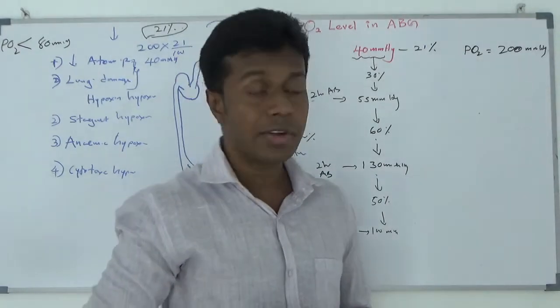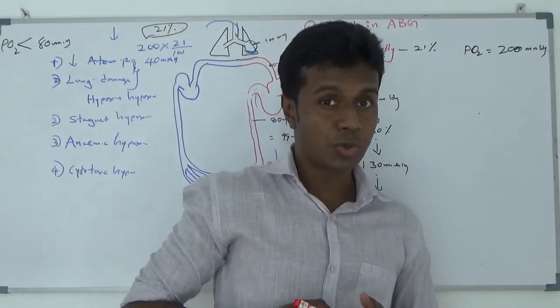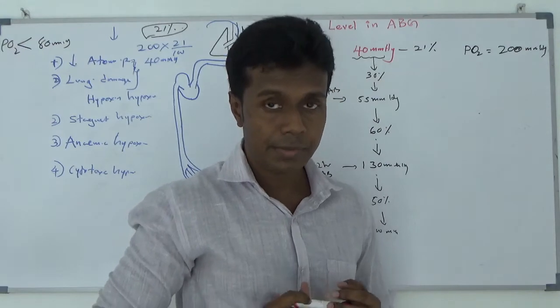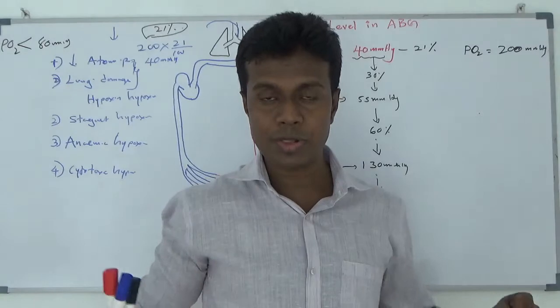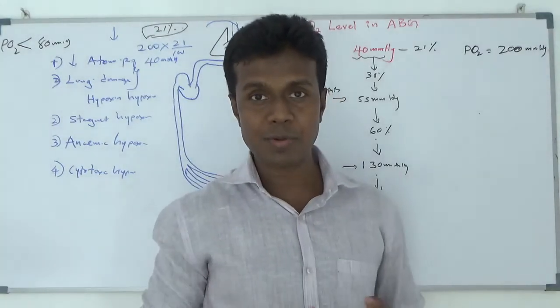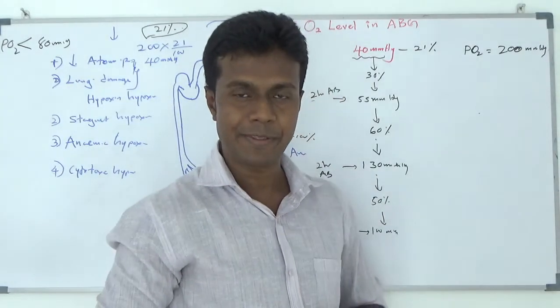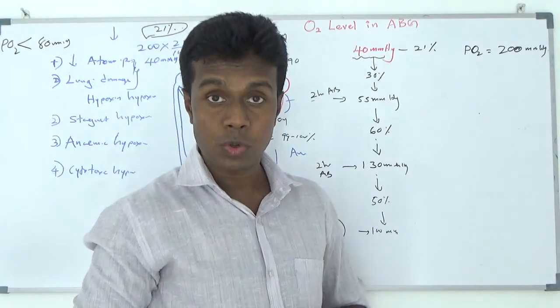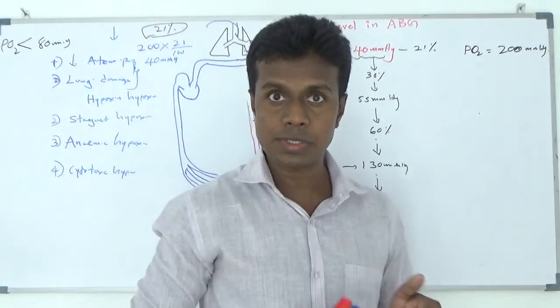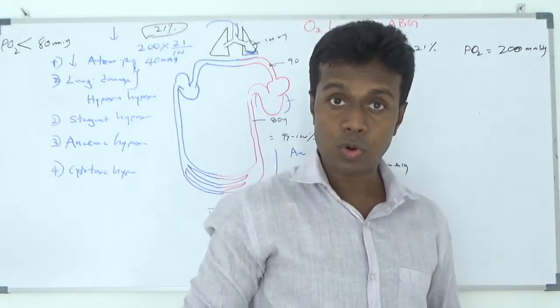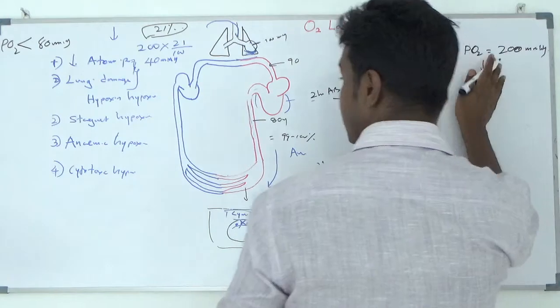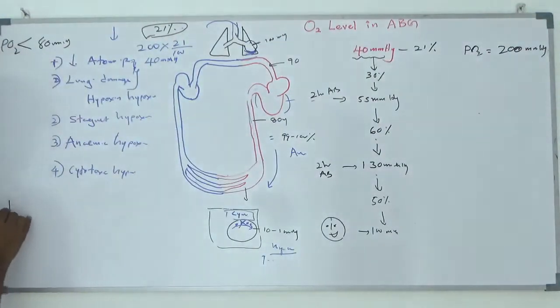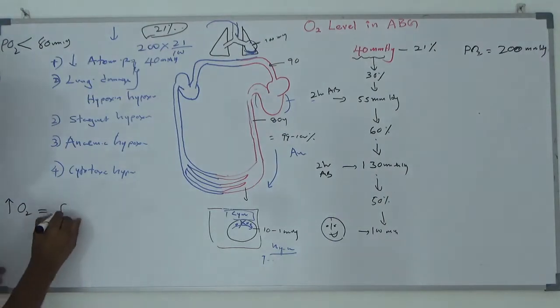What is the bad thing about having a higher amount of oxygen? Is it good to have a higher amount of oxygen in the blood? You are very enthusiastic. You want to stop all the tissue hypoxia. You give a larger amount of oxygen to your patients. What happens? Your oxygen is going to produce oxygen free radicals. Hypoxia is also not good. A large amount of oxygen is also going to produce free radicals.